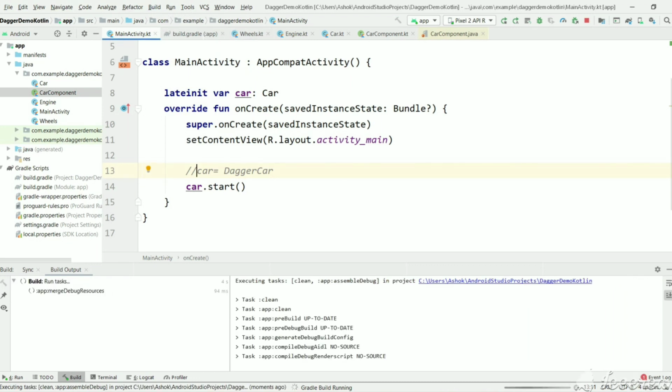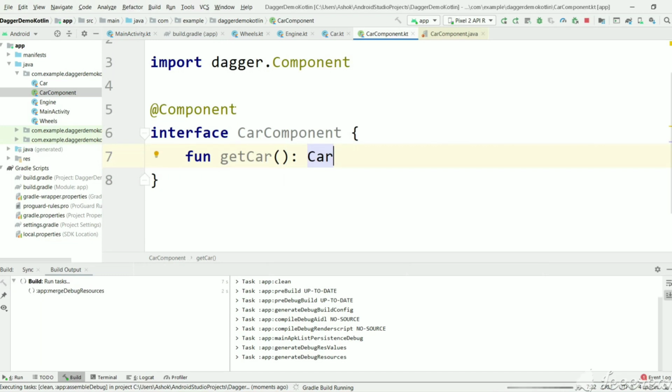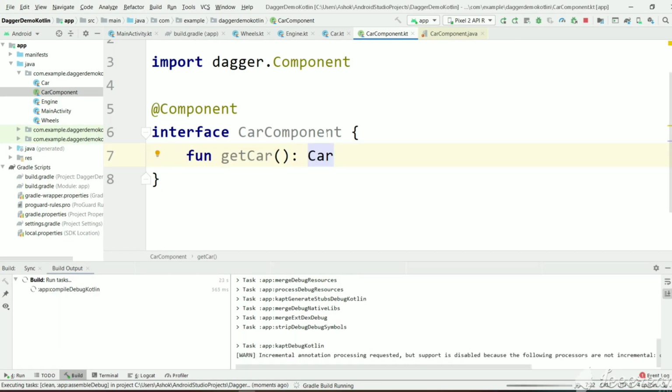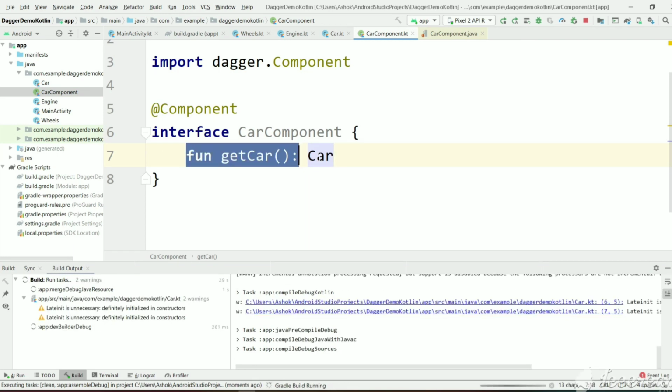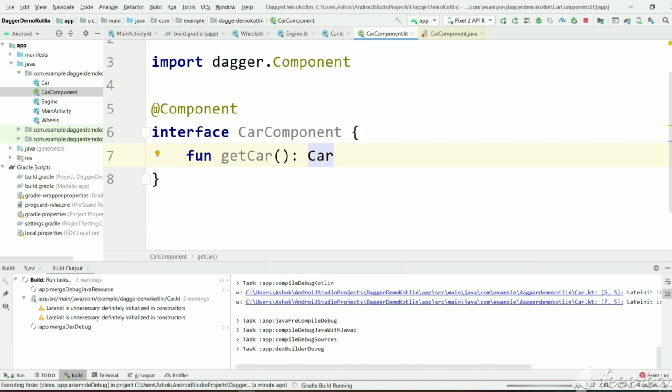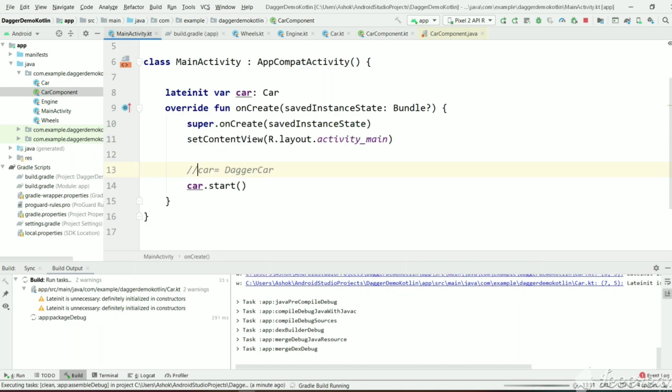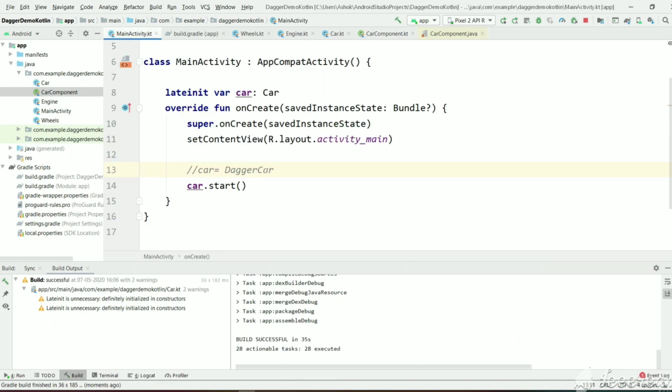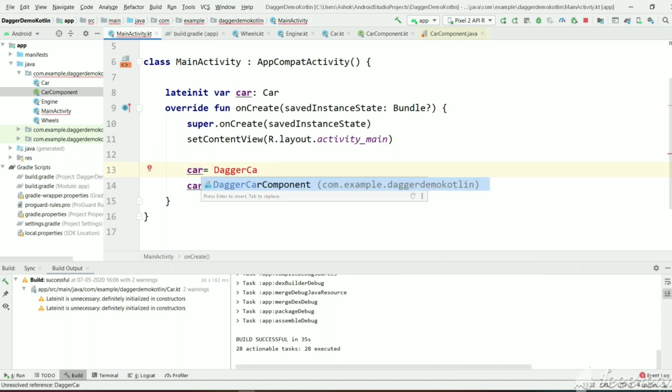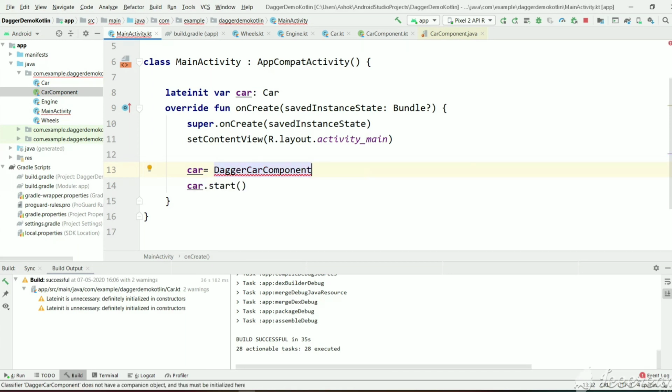Whenever we change the CarComponent and build it, Dagger will create a DaggerCarComponent class which implements this interface. Our job is to just declare a function, and Dagger will create an implementation for it, and we can use this function in MainActivity. Now the build is successful and we have a DaggerCarComponent class. As you can see, we have not created this class. Internally Dagger creates it based on the CarComponent interface we have declared.